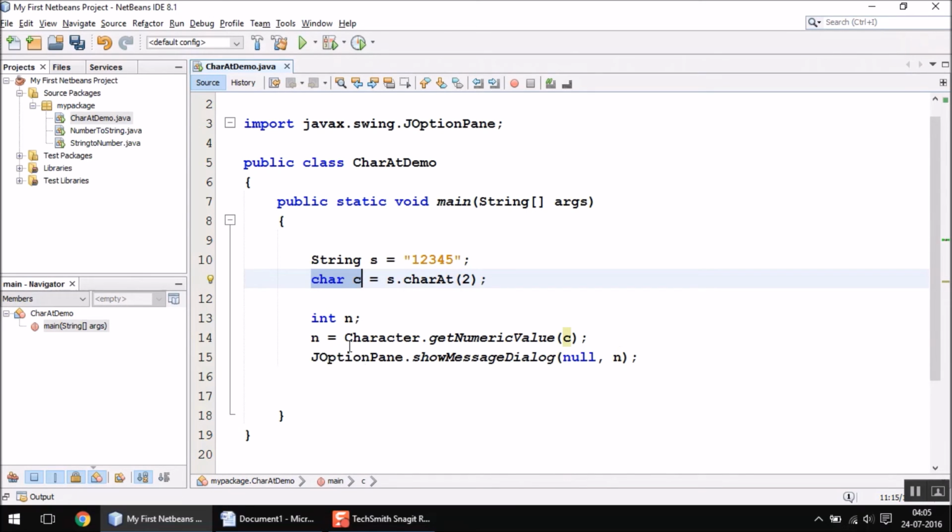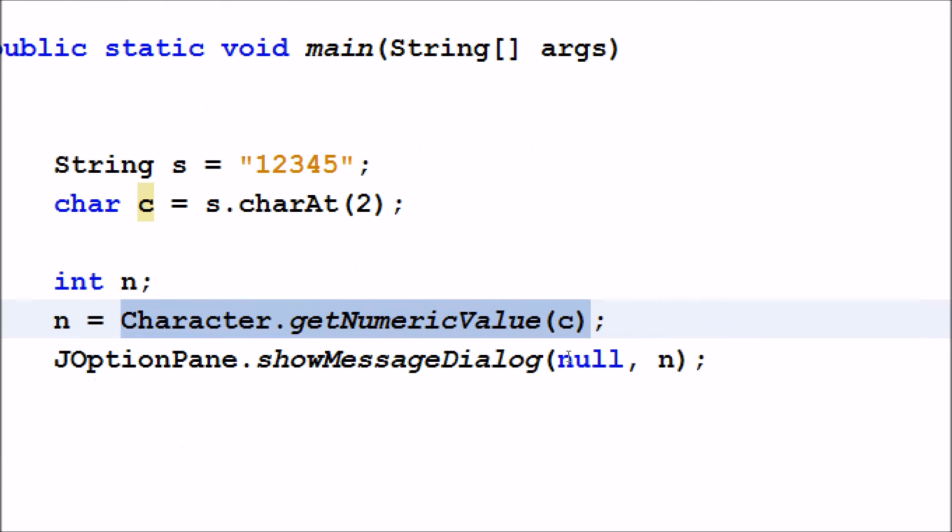So you can always use this Character.getNumericValue method to convert the individual digits of a string into an integer number if you want.